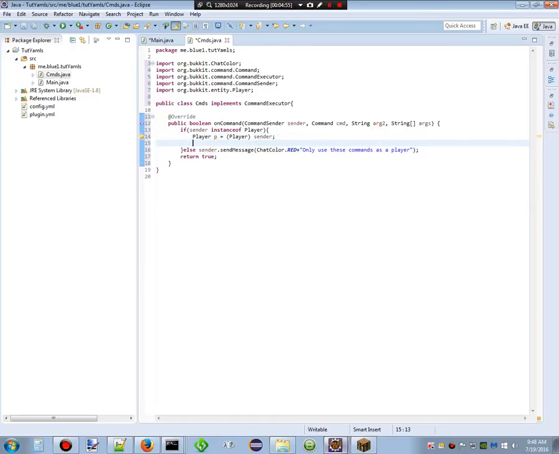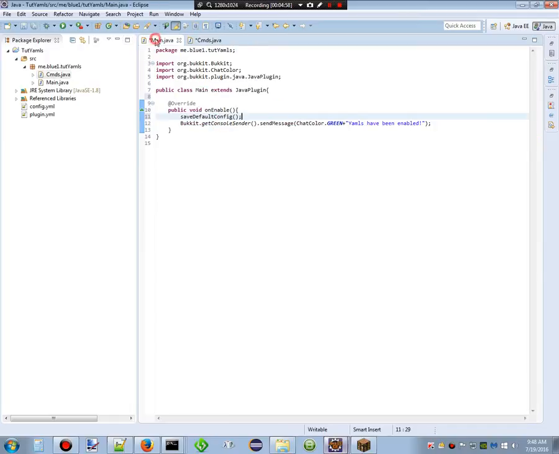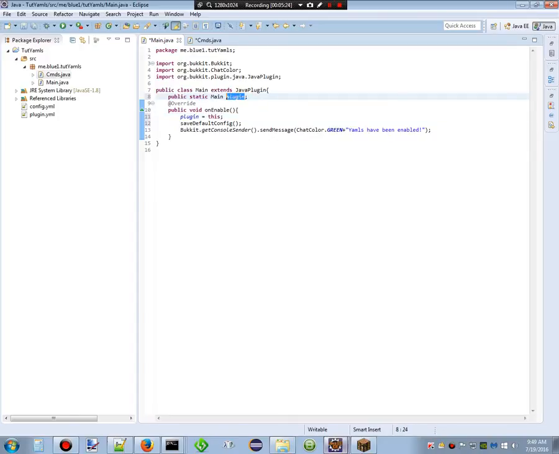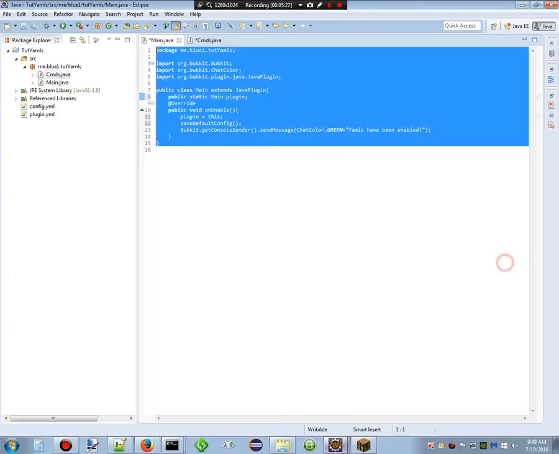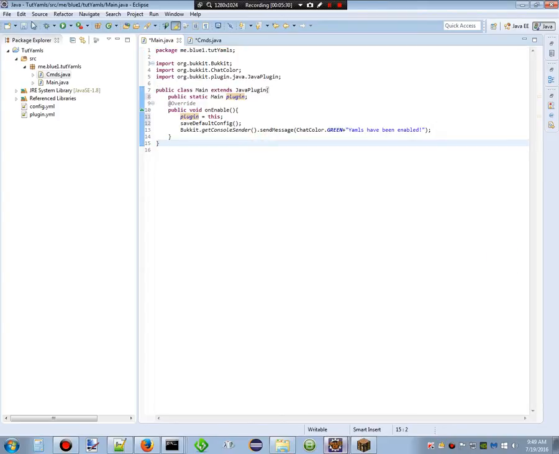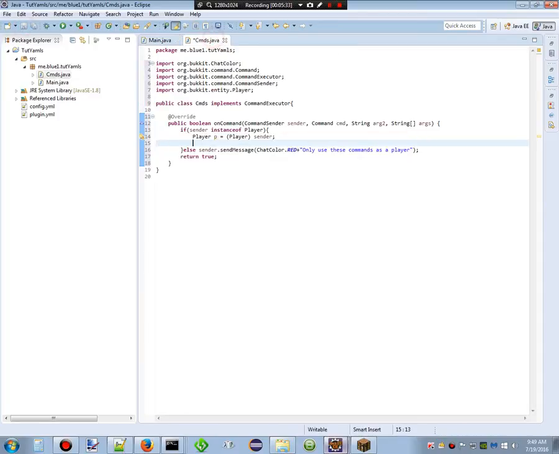Alright, so that's it. Now we're going to do something here that I like to do, and that's to get an instance of main. I'm going to create a public static Main plugin, like that right there. Then we're going to right here do plugin equals this, so that means that this instance of main is equal to this. That works. So now all we have to do to get the config is we'll make an if statement here,